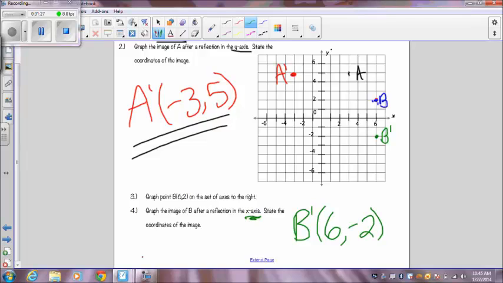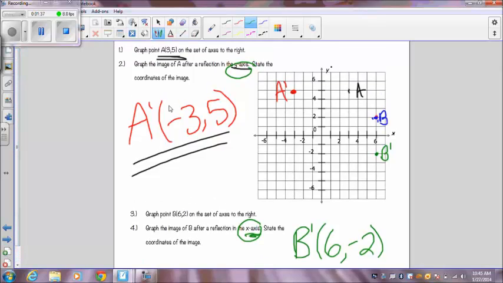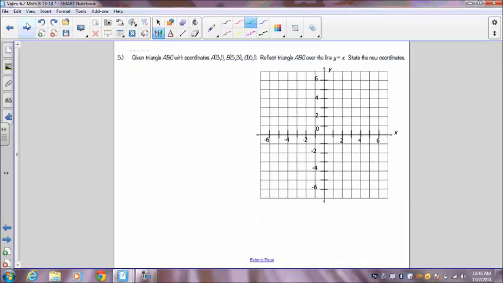Now you should notice something about the relationship between when you reflect over the x-axis and when you reflect over the y-axis, when you are comparing the original coordinates to the new coordinates. This is something we are going to sum up in your chart soon after we do the next example. So if you could turn the page and take a look at question number 5 right here, it says, given